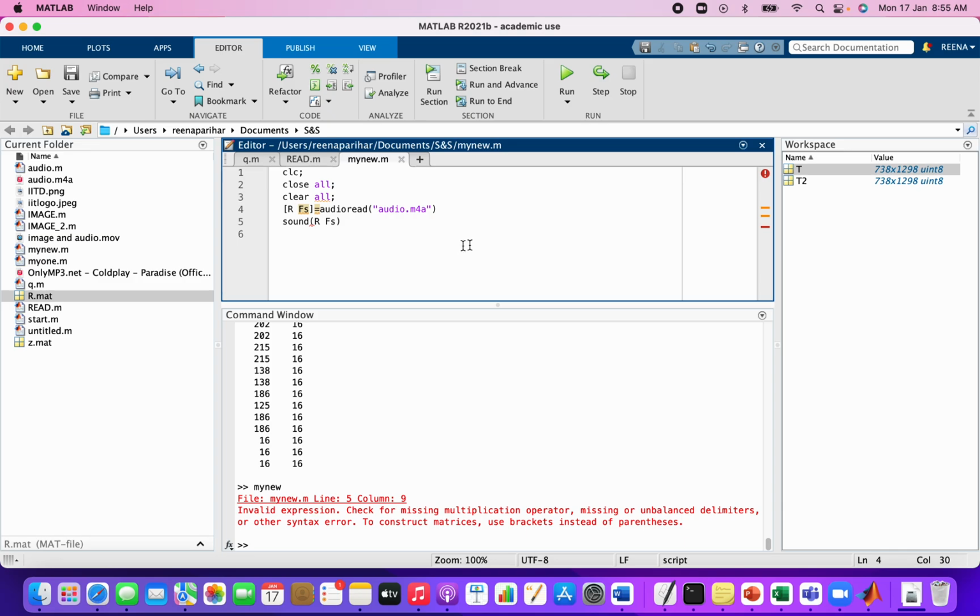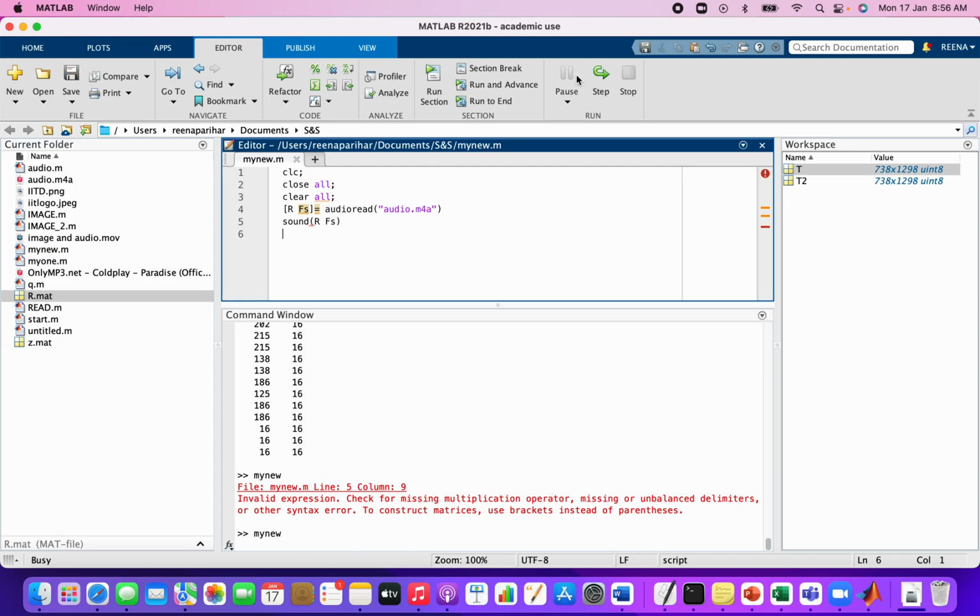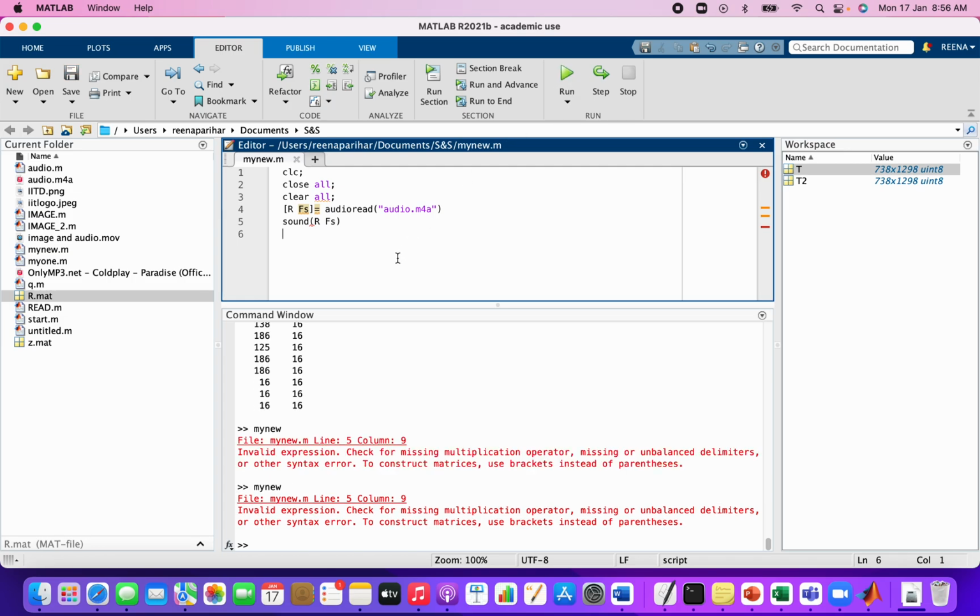Okay, something is wrong. Invalid expression. Check for the missing multiplication operator. I think this should work.